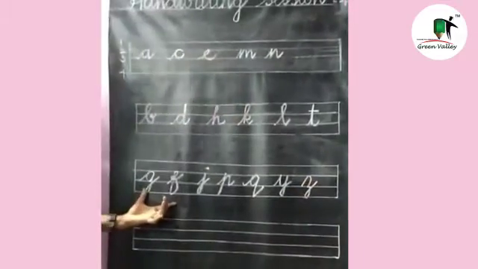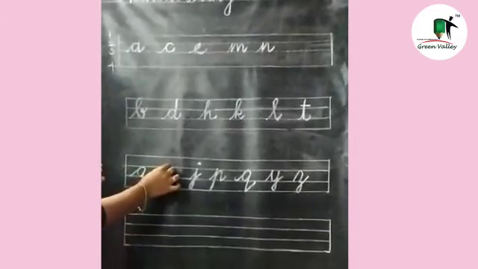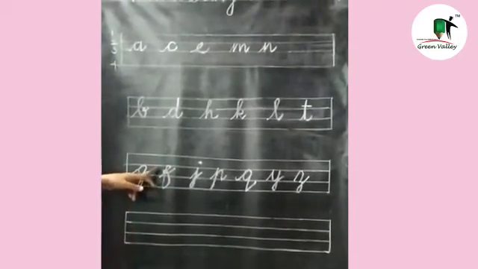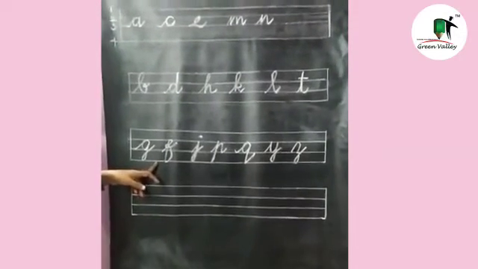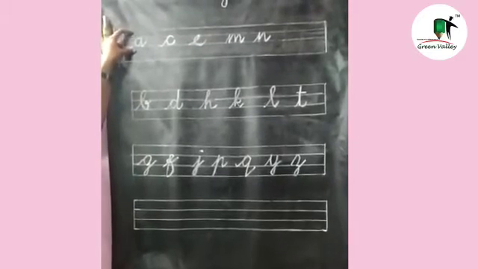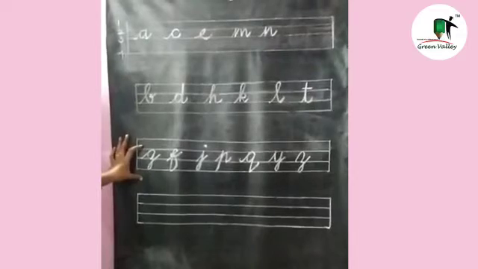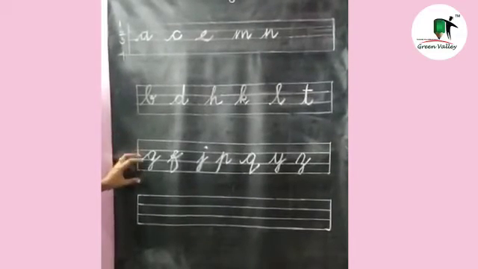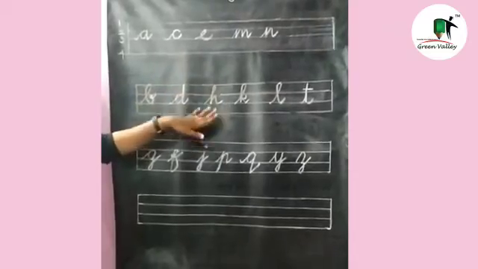So these 7 letters are touching the waistline, baseline, descender line. First we have seen the letters that touch only the 2 lines, then the 3 lines, then after we have seen the letters that touch the 3 lines including the descender line. So these are the alphabet that touch the 4 lines.